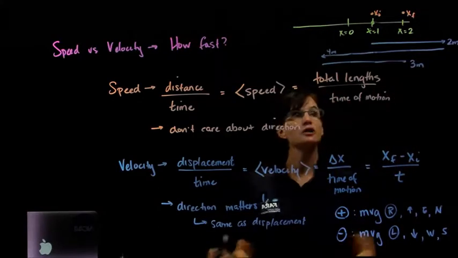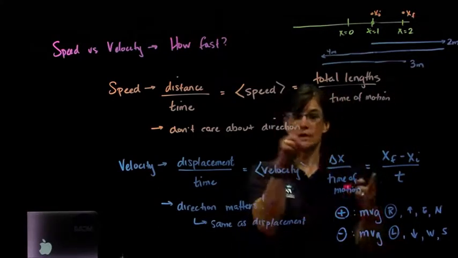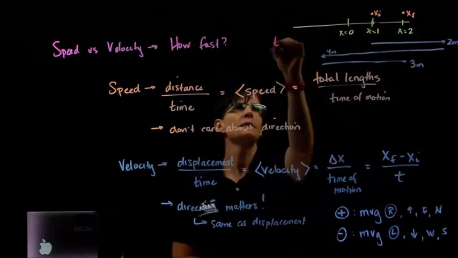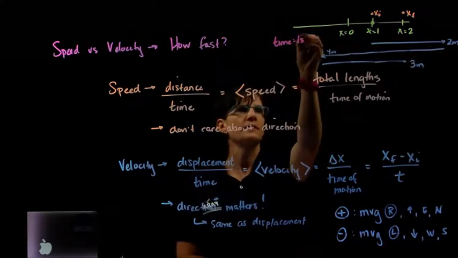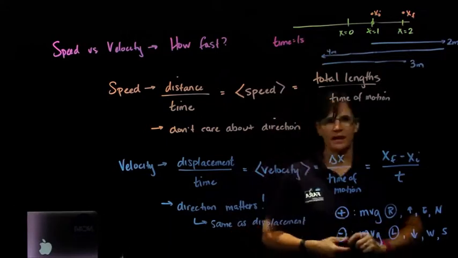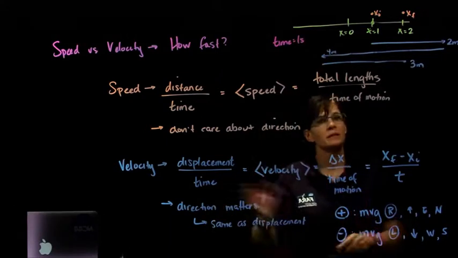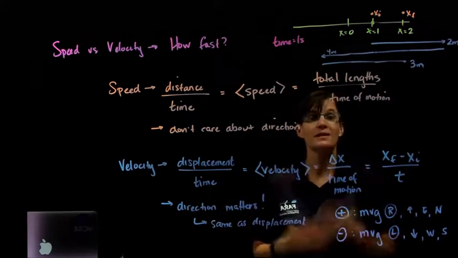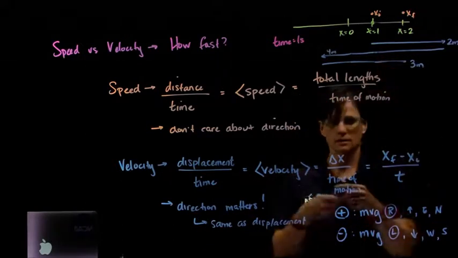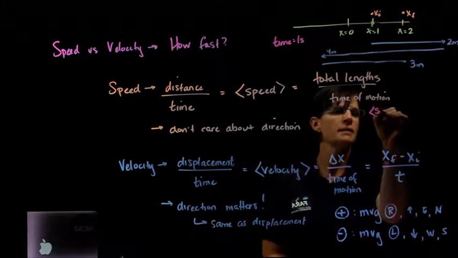And let's say I do that in 1 second. So very fast. So my time is 1 second. Okay, great. Let's get rid of that. All right. So what is my speed? Well, that's my total length over the time the motion happened, the 1 second. So my total lengths, so my average speed,